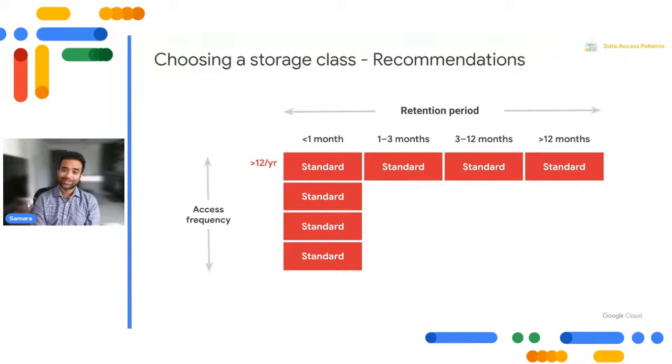The color coding that you see here is intentional, which represents the data access frequency. Standard is great for hot data, hence the red color. When I say hot data, it means it's great for data that's accessed very frequently. It is also the best class if you would like to store short-lived data. In terms of use cases, it's great for serving your website content or